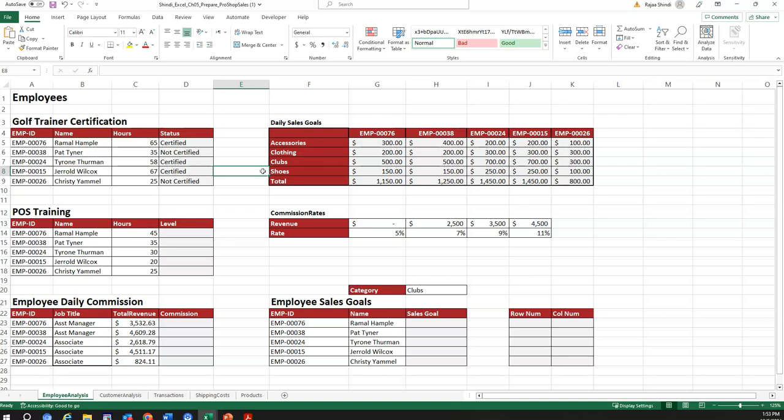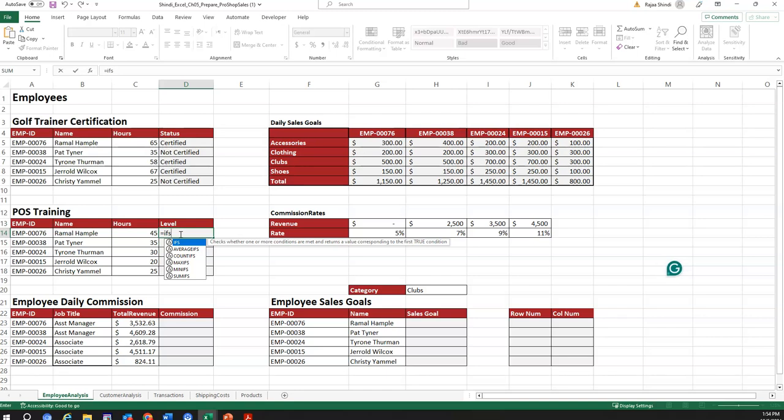So in this case, it's on the cell. I'm just going to select the level here, then you define in cell C. Based on the hours that we have, we're going to define the level. So in D14, enter the formula using the IFS. You see how I'm going to go ahead and enter that. We're going to have multiple logical tests and outcomes. So the first one,